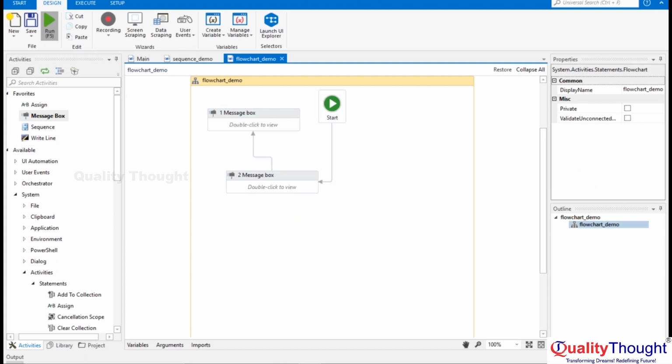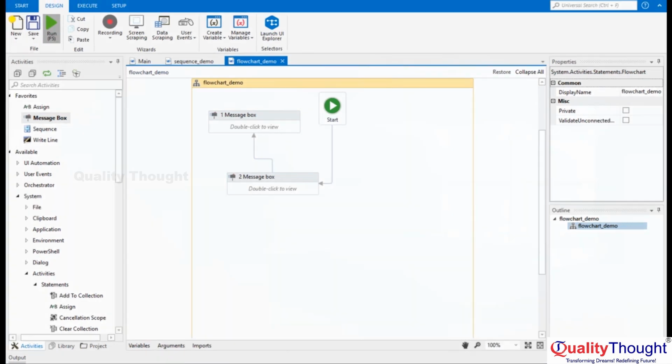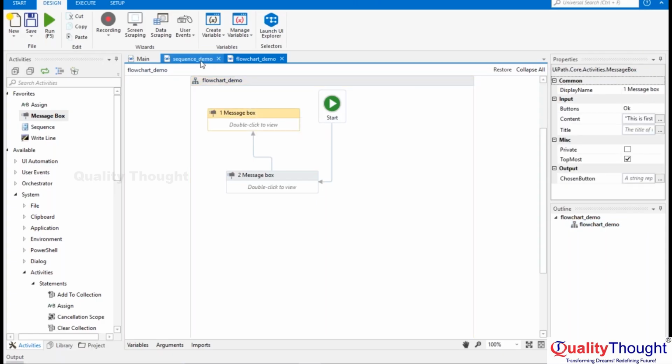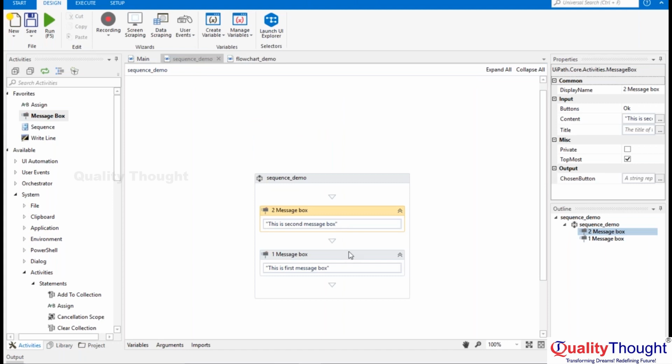So when I run, if you see, all that I've done is I've just changed the order, but still it does not affect anything. It is only the second message box that is coming first. Even though my first message box is in the upper side, like here, if I have my first message box in the upper side, then this one will be executed first. So things to note here or to understand here is,